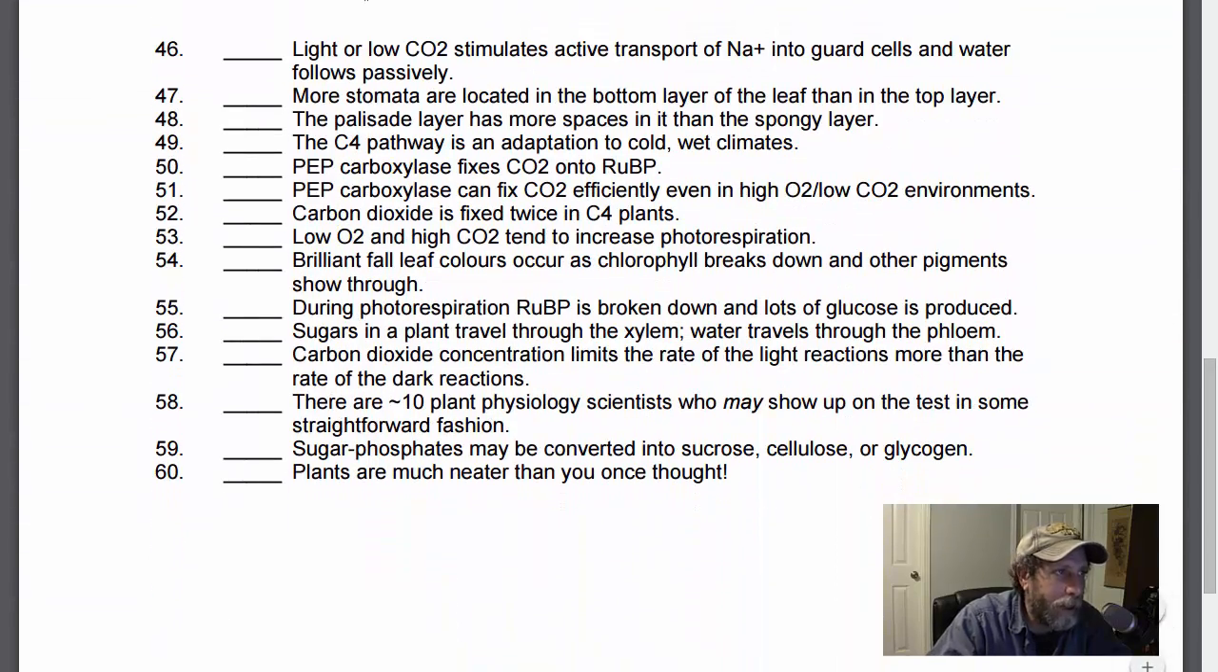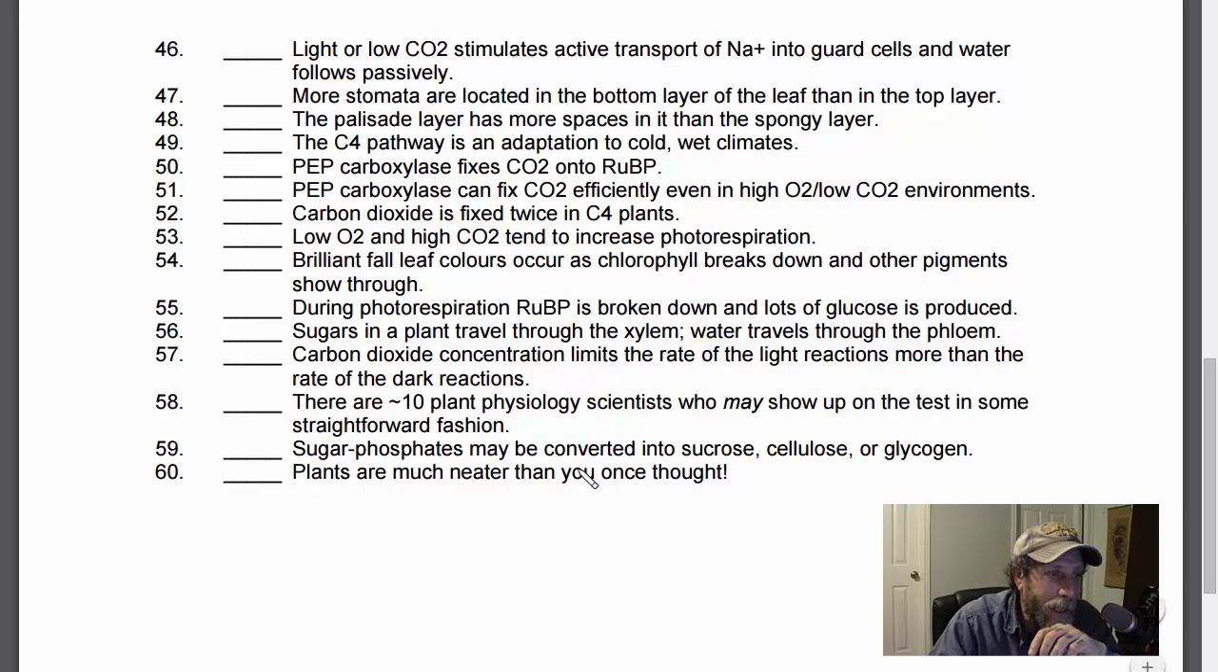Okay, we don't have that many more to go. 46. Light or low CO2 stimulates active transport of sodium into guard cells, and water follows passively. Okay. We didn't talk a lot about the effect of light on guard cells and stomatal opening or closing, or CO2. We did, however, talk about the pumping of hydrogen ions and potassium ions, the movement of potassium ions,